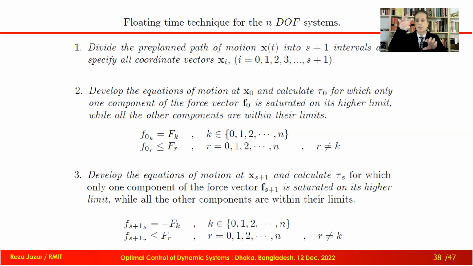Because it was saturated, I assume that for the next step, this one is also saturated. So I found tau1 for this one, saturated. Now with that tau, come here and calculate the value of this. If it is not breaking the rule, that's the solution. If it is breaking the rule, then I forget about that. I adjust tau1 to make this one saturated and calculate the other one.